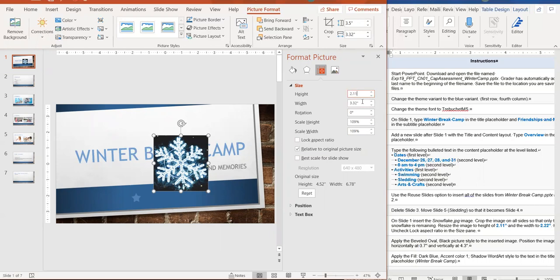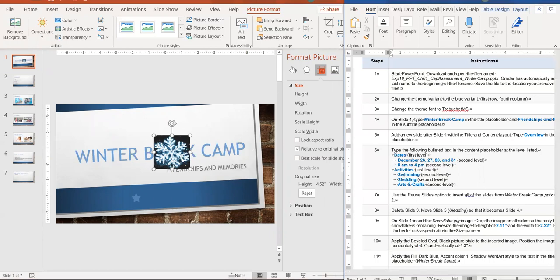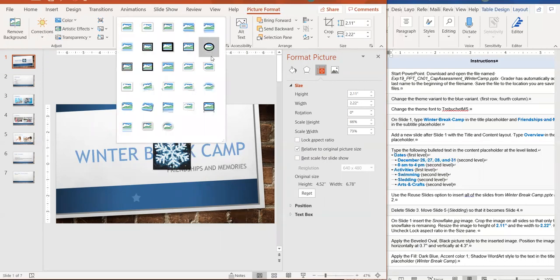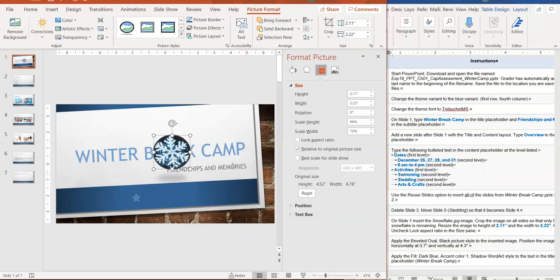So the height was 2.11 and the width was 2.22. And I'm going to click someplace else, and there it is. Then it says on step number 10, it wants you to get the bevel oval black picture style. So on the picture format, there's picture styles here. And we're looking for the bevel oval black. Yeah, there it is. And then it wants us to position it so that the position is 3.7